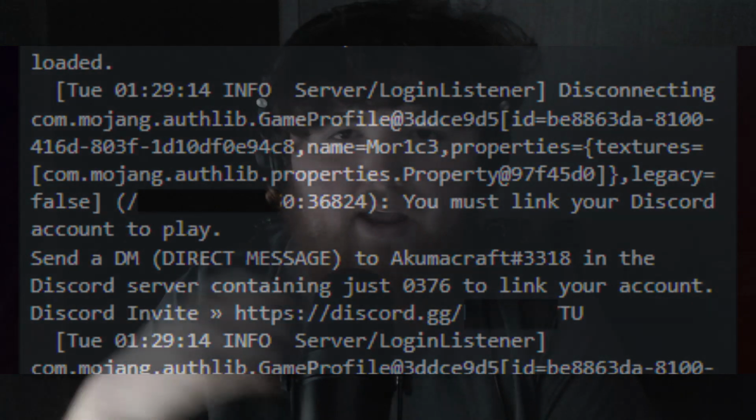But they never hit that screen, because they hit that screen when the server puts the code in the console. It's like, oh, this player's been kicked for a reason, and it says, you've been kicked from AkumaCraft, and here's your code to send to this bot. So they never hit that. They join, and then they leave, and they would never get to that point. So that's essentially what it is. If you ever go back into your logs, that's what happened.